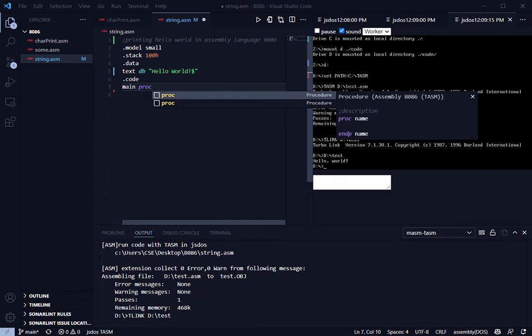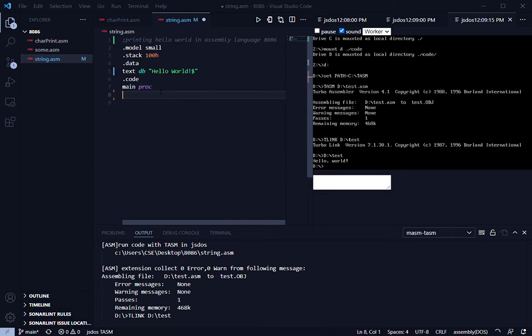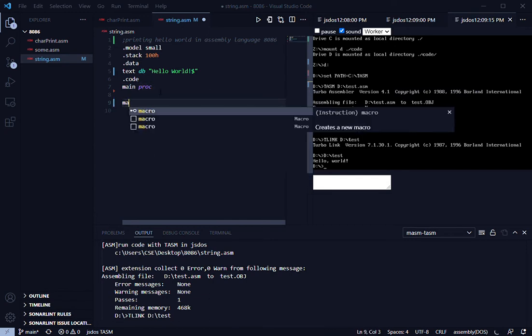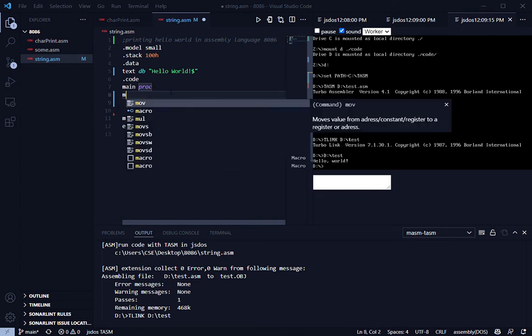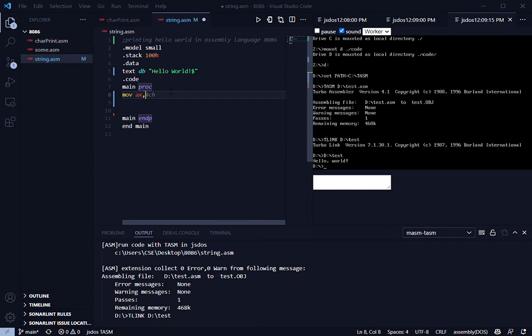proc, and we are ending the main procedure here in main p, and finally exiting the program by end main. So I am first here making the skeleton, and here first it should be mov ax, @data, and the other should be mov ds, ax,